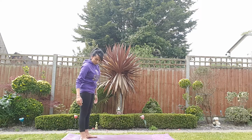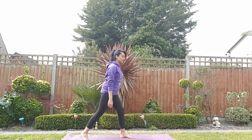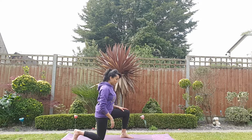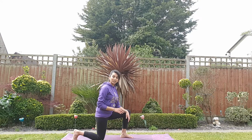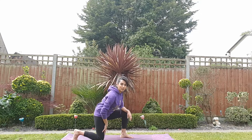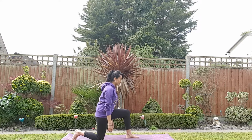So if you come towards the back of your mat, okay, and then we're just going to take our left leg slightly forward and put ourselves down on one knee. Yeah, so anyone, if you're able to sit like this comfortably, then please proceed with the asana. Again, if you need to use your hands, please do so. Okay, but this should be feeling a very big stretch in that quad. Okay, so initially we're going to work our way up to it. Initially we're going to place our hands